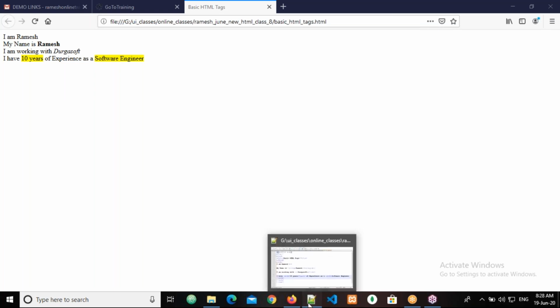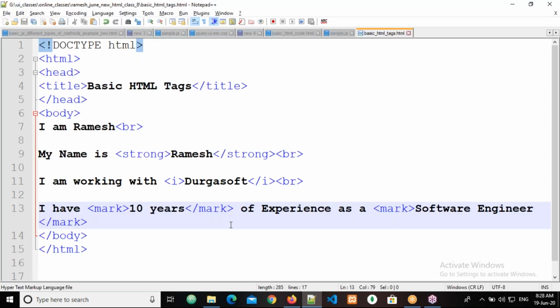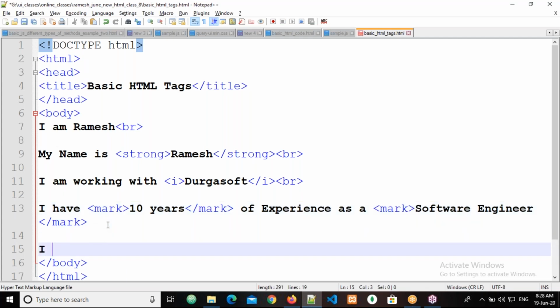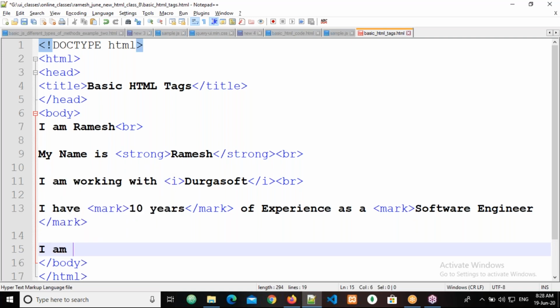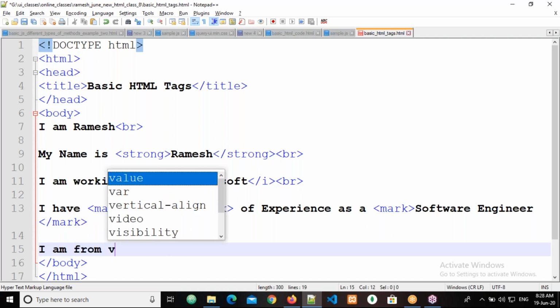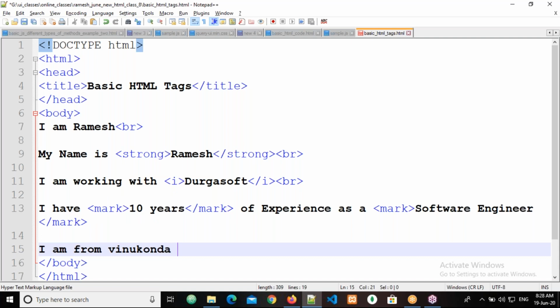So right now what I'm doing is, I want to give another experience to the user. Suppose I am from Vinukonda.